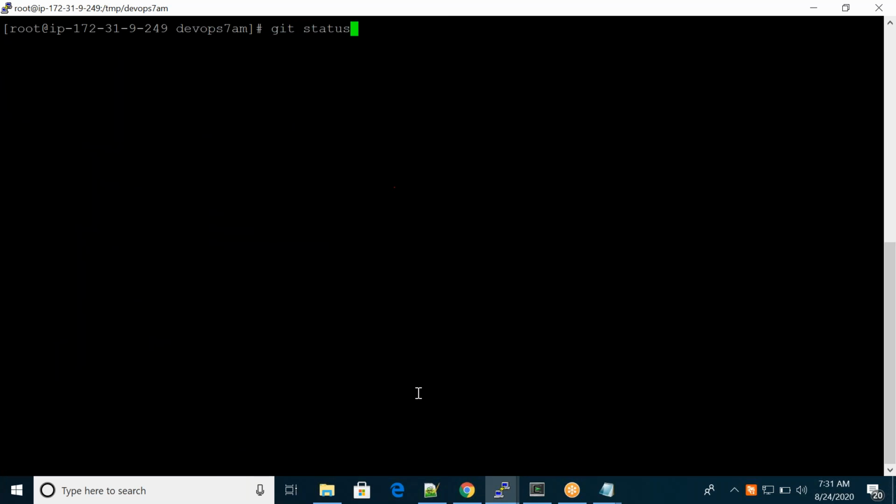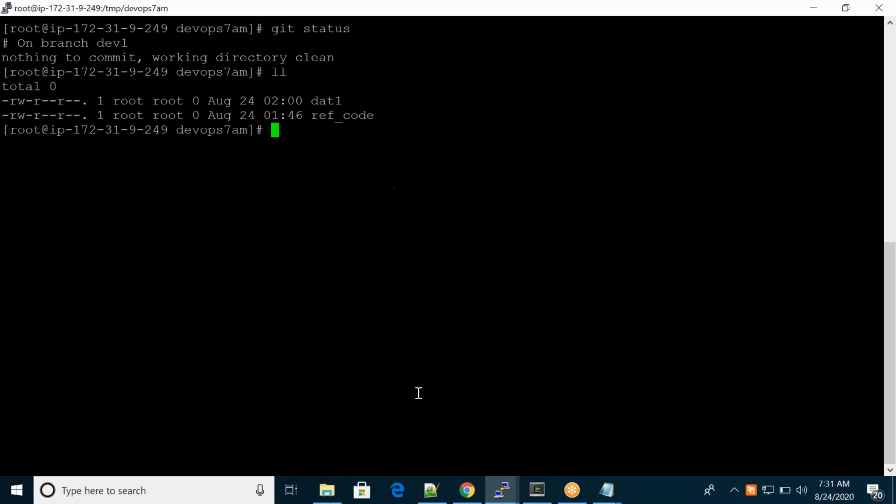Git status. So now I am in the dev one branch. In the dev one branch I can see whatever data one, data two. I use the same thing, so again I'll create a file with touch, data two only. As usual, add with